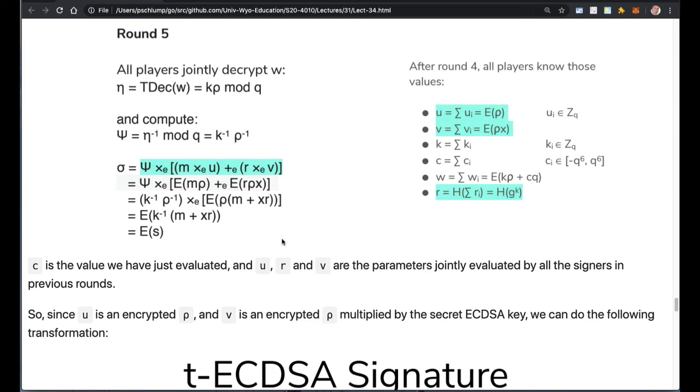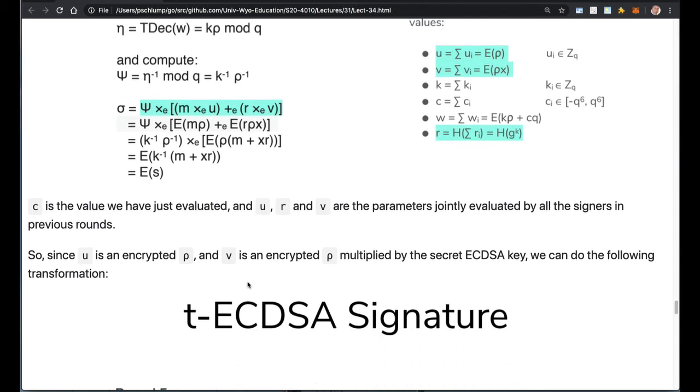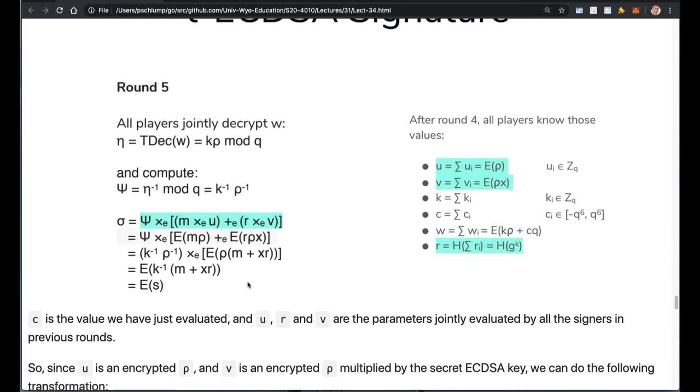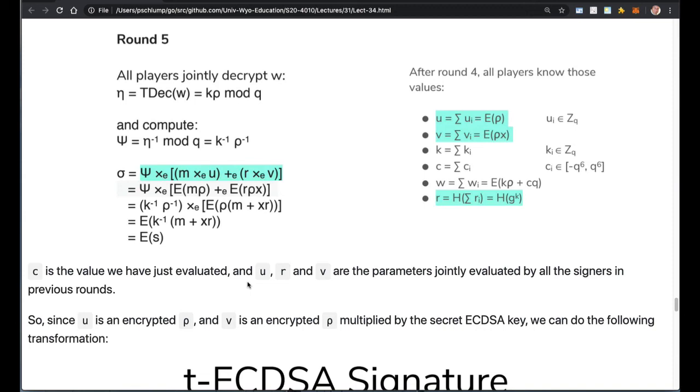And I can walk you through what goes on in round 5, but basically all of these are algebraic. We know that we're going to get to this by doing these encrypted calculations, and we have out of this, yes, an R and an S signature, and those are the pieces we use in the signature. Calculating the V value at the end, not this V, but where the quadrant is, is really trivial,